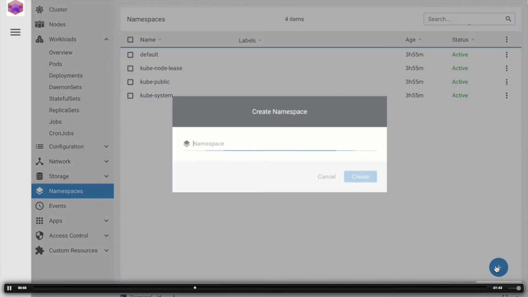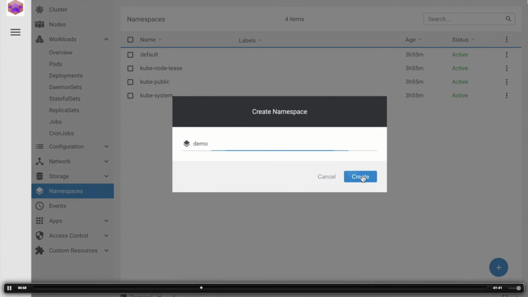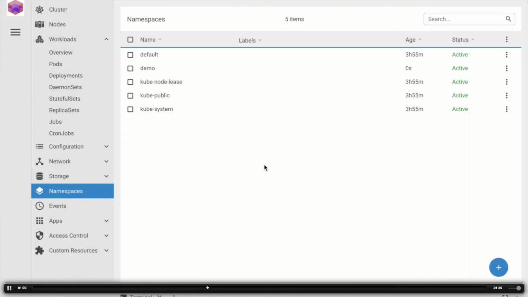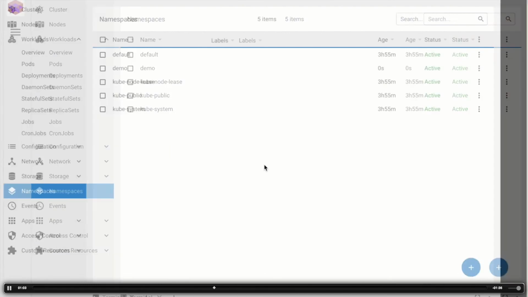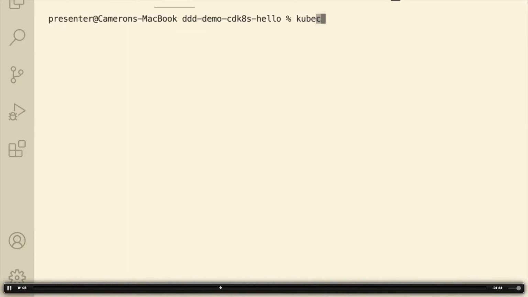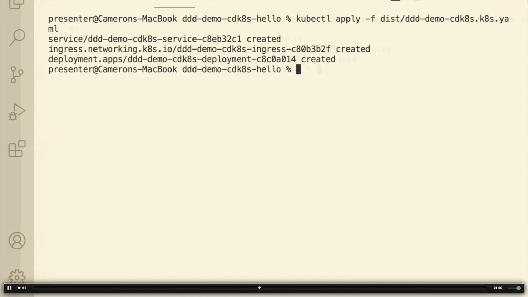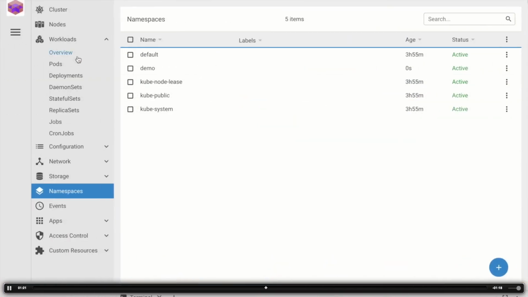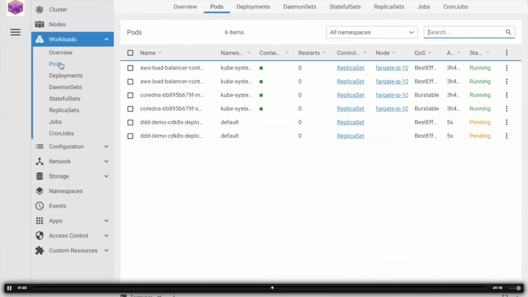So let's add a demo namespace. We'll just do that manually using the GUI. And now we're going to deploy our manifests into that namespace. Okay, so our resources have been created. So if we go to pods, we see that there are 2 pods that are currently in a pending state.